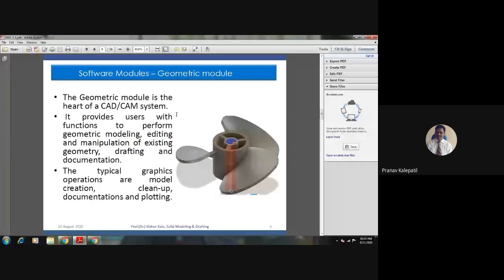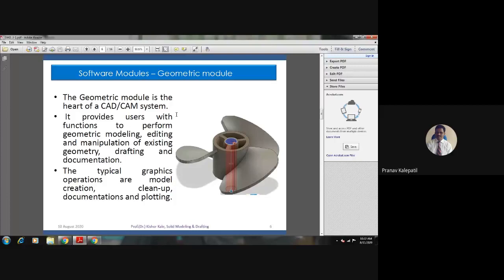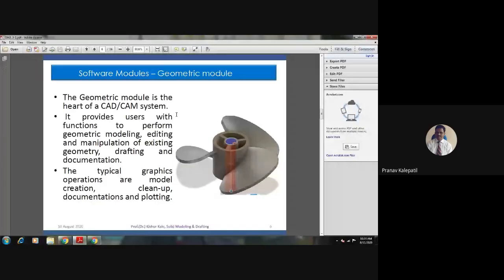Geometric modeling means creating a model that has a specific shape, size, and mass, a new virtual model in your software. So you will be creating this geometric model in the geometric module, using all the commands from that module of the software.